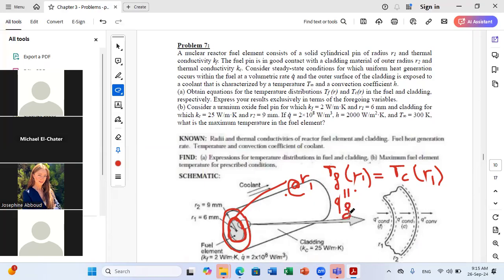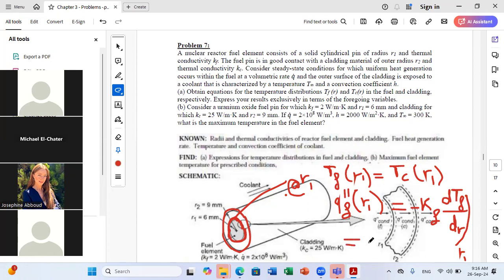That's why I need to determine QF at R1, which is calculated by minus K_F times dTf by dr at R1, sorry, by dr, okay, is equal to